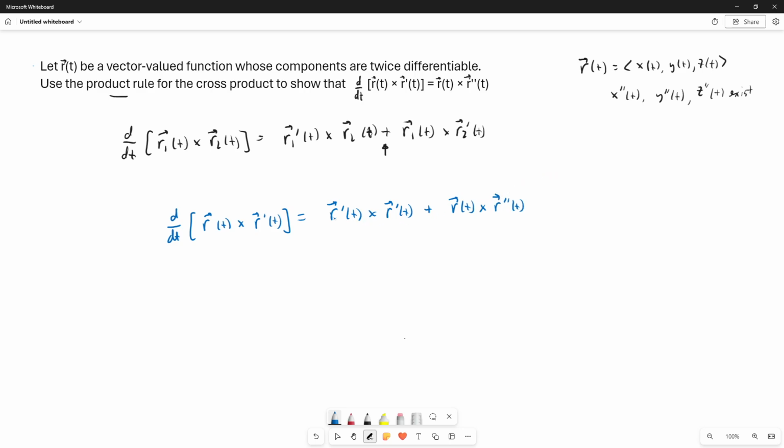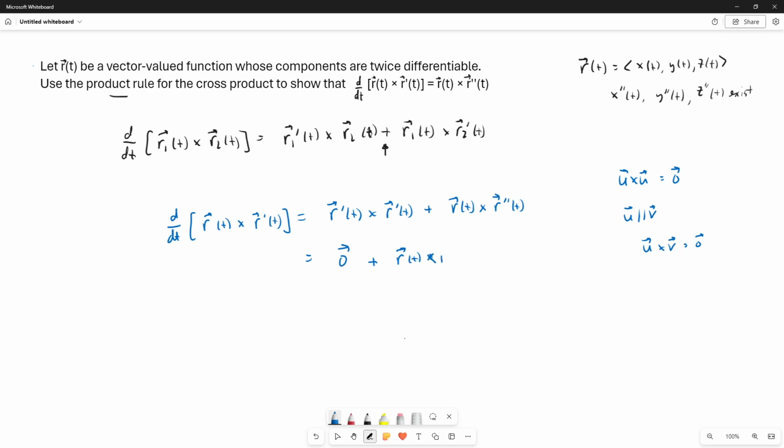And then a fact about cross products: the cross product of a vector with itself, u cross u, is the zero vector. And in fact, if u and v are parallel vectors, this is also true. u cross v will be the zero vector. So here we have a cross product of a vector with itself, so that's the zero vector, plus this other vector, r of t